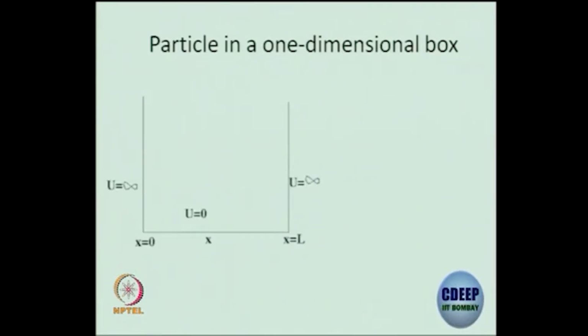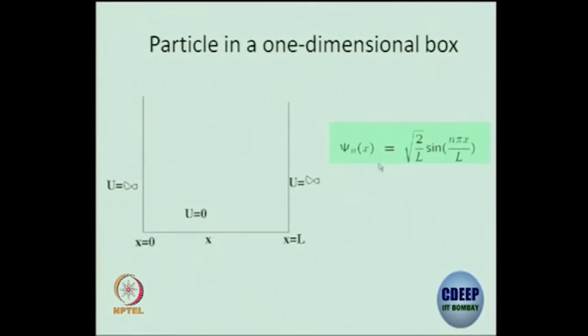What is it? You put an infinite potential at two coordinates in one dimension, at x equal to 0 and x equal to L, and inside the box you treat it as if it is like a free particle. It's not exactly a free particle because it's bound by these potentials, it's constrained. So what is the wave function of such a particle? You have tried to evaluate it using the time independent Schrodinger equation,